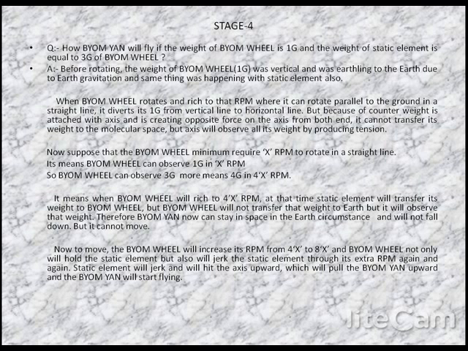It means when the Bohm wheel reaches 4x rpm, at that time the static element will transfer its weight to the Bohm wheel, but the Bohm wheel will not transfer that weight to earth, but will absorb that weight. Therefore Bohmian can now stay in space in the earth's circumference and will not fall down, but it cannot move. Now, to move, the Bohm wheel